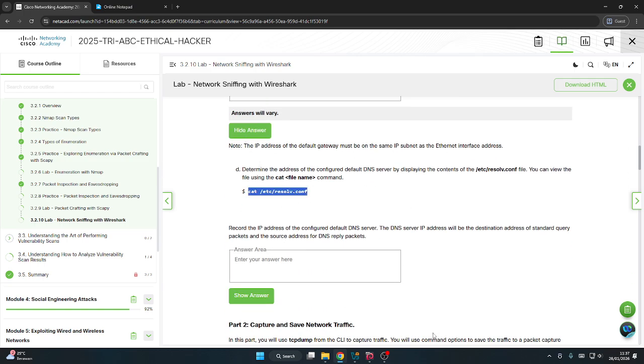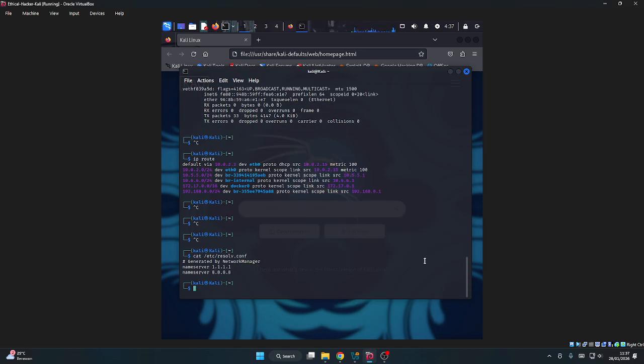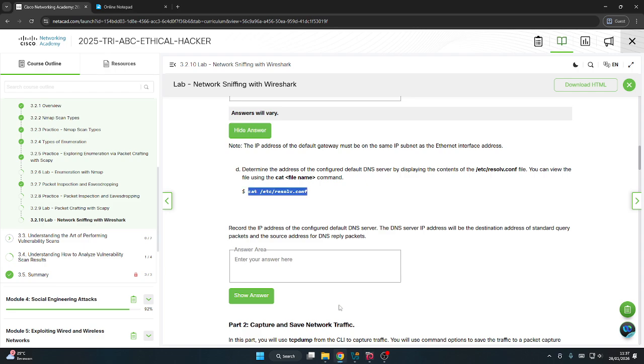We can use the cat command to see the resolv.conf. We can see the name server 111 dan 888. Record the IP address, default DNS server, and